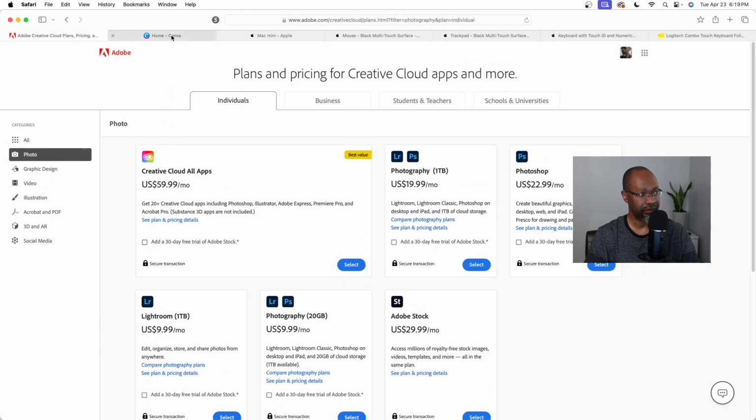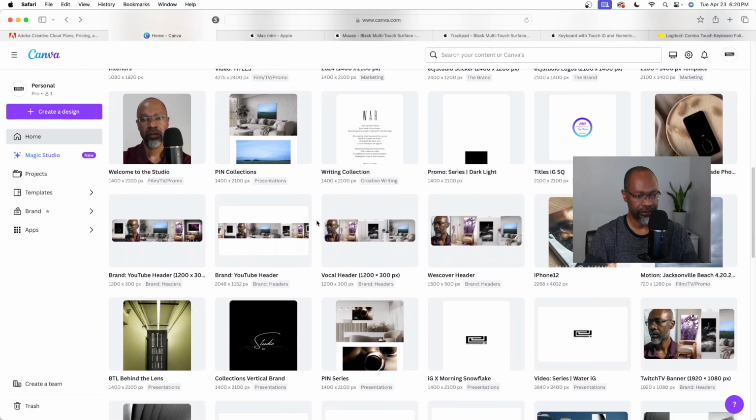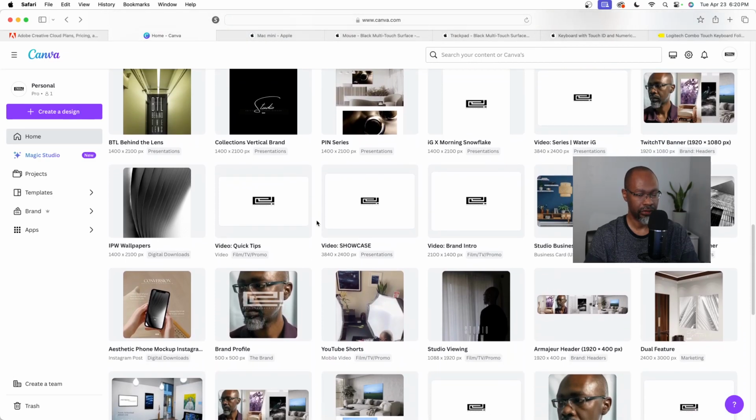All right, my next one that I have as far as apps go. So that's the first app. The second app that I usually use quite a bit is Canva. When I stumbled upon Canva, actually I was watching tutorials and people were talking about Canva like I should have known about it all along, but I didn't know. I've been using Canva for over a year now, and it's just really, really easy to use. So you can create videos,